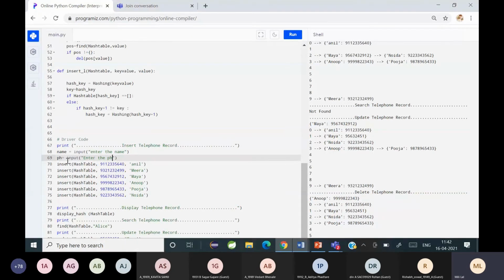But if I want to accept 5 or 10 values, what will I use? Ma'am, we will put this input statement in a loop so that it accepts the input 5 times.